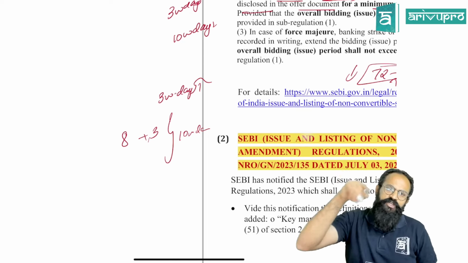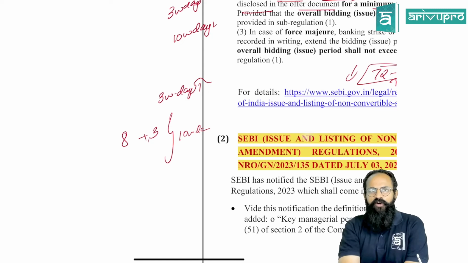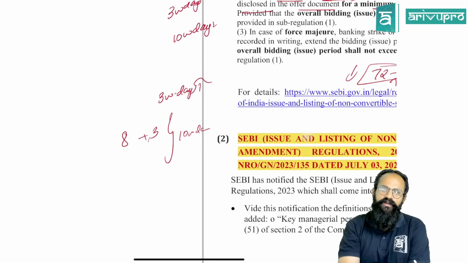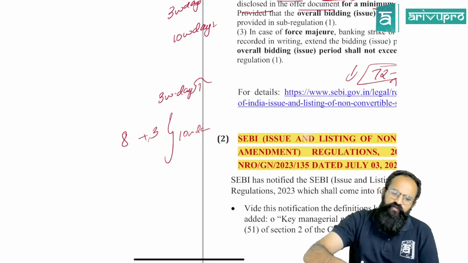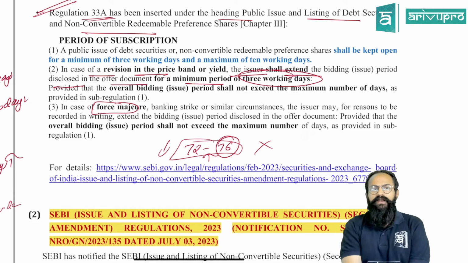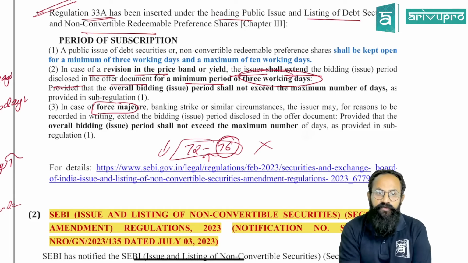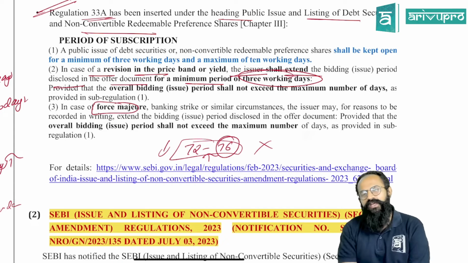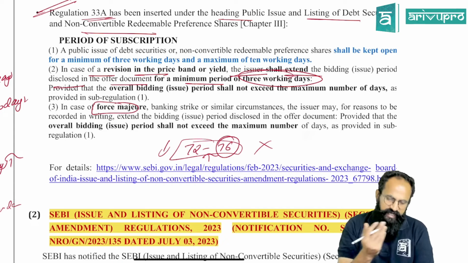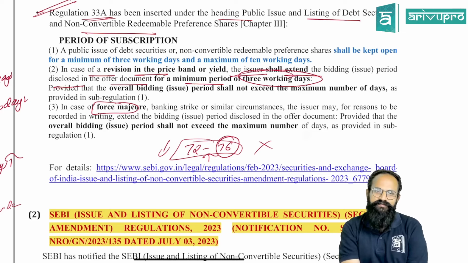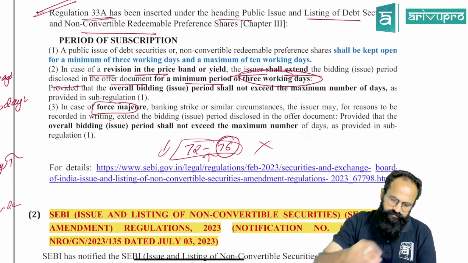Sir, when else will I get an option to increase my offer period? Imagine in my offer document, I had given it as 3 days. When else will I get an option to increase it to another period? Whenever, people, a force majeure happens. Force majeure means nothing but an act of God, something which you did not anticipate. Example, something like the banking industry went on strike, or there was some other emergency, a national emergency. Sir, in that case, what happens, people? Again, you can extend it by another time period, provided again that at any given point of time, it cannot go beyond 10 working days. Clear? Yes, sir. Okay.